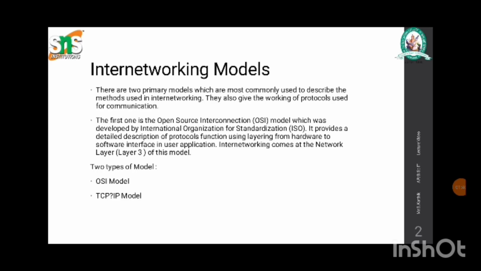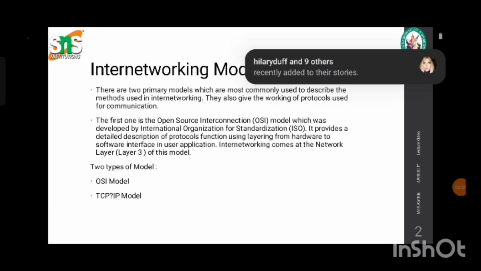In internet working models, there are two primary models which are most commonly used: the OSI reference model and the TCP/IP model. They describe the methods used in internet working. They also give the networking protocols used for communication. The first one is the Open Systems Interconnection, that's the OSI model, and the second one is